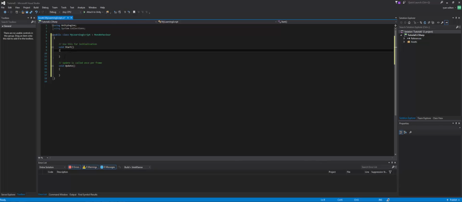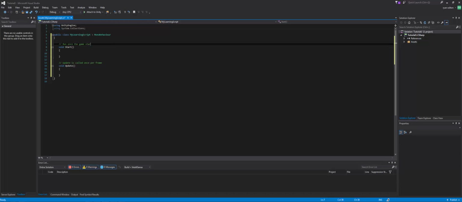If you've never done programming before, this might look a little bit confusing. The way it works is you've got your class, and then you've got your class name, and we won't worry about this, this is what it inherits from. And then inside your class you have your functions or your methods, so what you want it to do. These two here are built in by Unity, Start and Update. Start will run